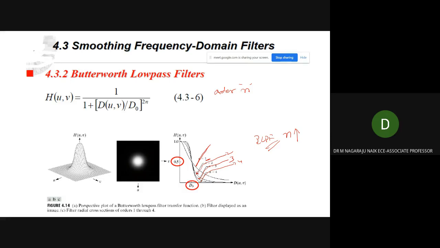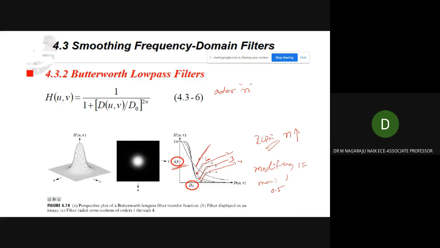That means under these conditions, if it goes on increasing, both are the same. What we are doing now is modifying the Butterworth filter. The maximum value is 1, but here we are considering that the maximum value is going to reduce to 0.5.